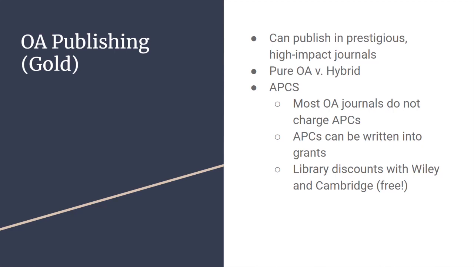Additionally, with the rise of hybrid journals, it's a lot easier these days to publish in the same journals you've been publishing in throughout your whole career, but make your article open access, often by paying an APC to that journal publisher. Now, when it comes to APCs, it's important to know that the vast majority of open access journals, over 70% of them, do not charge any APC whatsoever. However, APCs are extremely common with hybrid journals and with some of the larger open access journals I was just talking about.